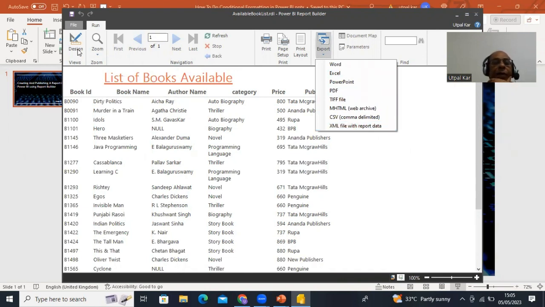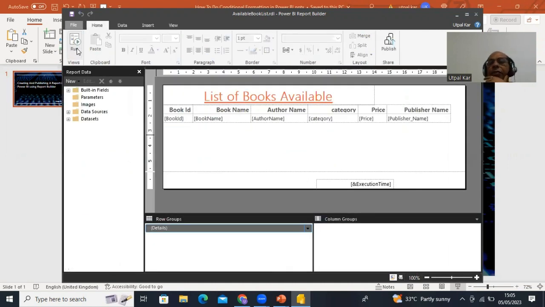Now, coming back to the design mode, inside the design mode, you will find that Publish is there. It is the same as publishing a Power BI dashboard report. Only thing is that here you are publishing your readily available report. So if I click on this Publish,